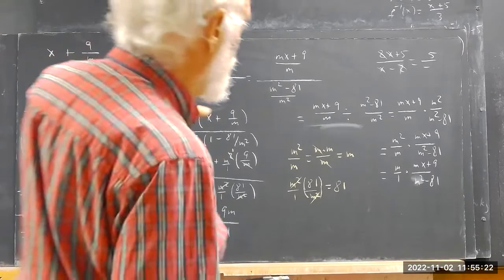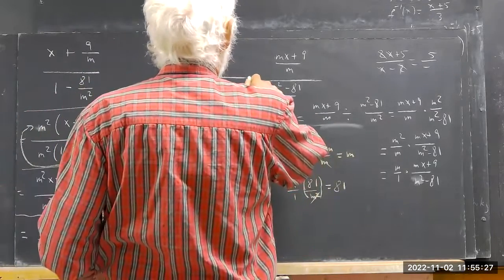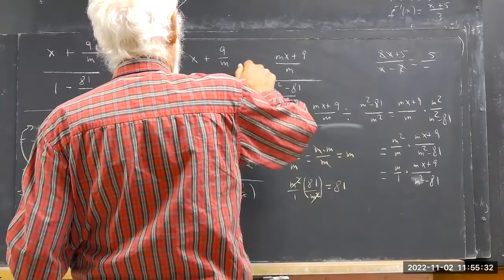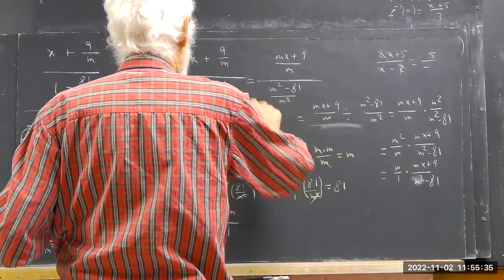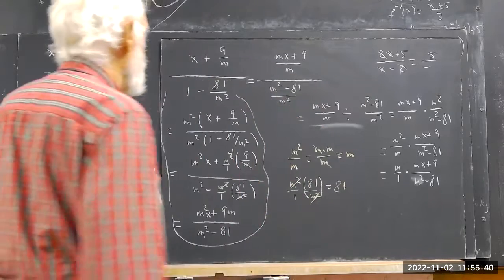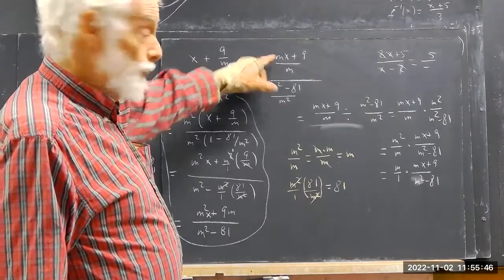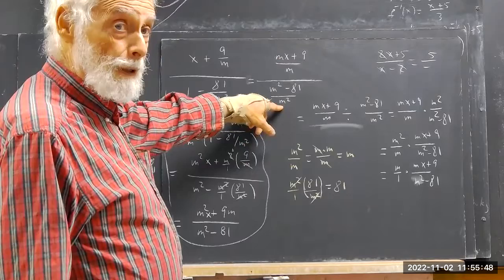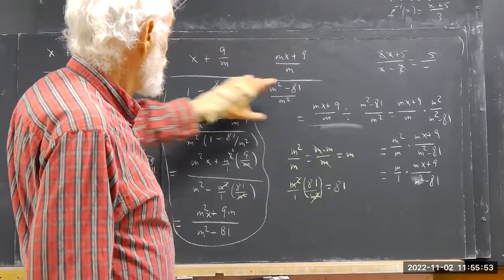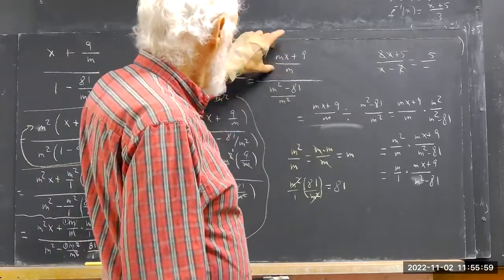Okay, last comment on this before we move on to square roots and radicals. Okay, we can do this as it's been done here, or we can do it this way. We can put this numerator over the common denominator m, which is fairly straightforward. Put the denominator over the common denominator m squared, so that this is still equal to this, and this is still equal to this. And then we can write that as this divided by this,